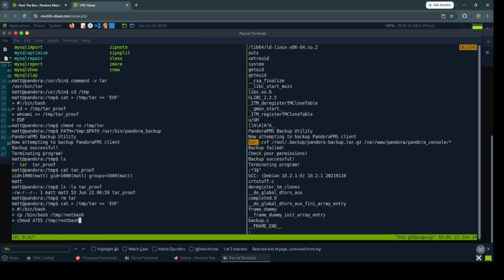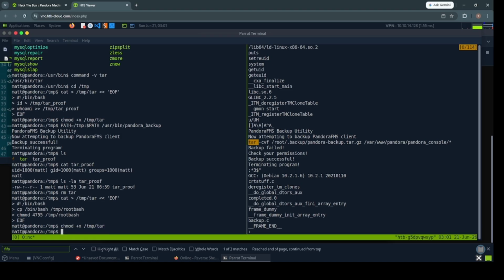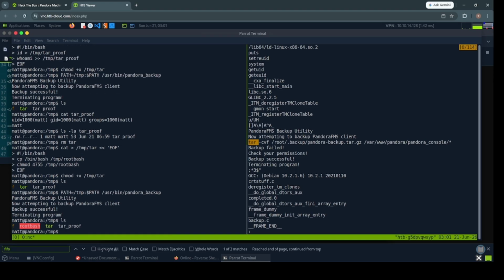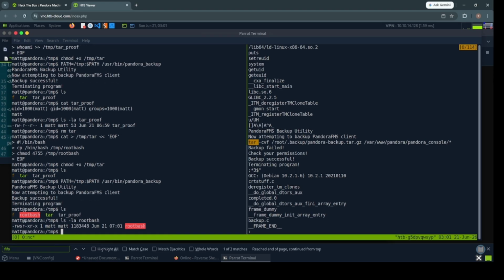Then EOF, and I think we can use it again. Backup successful, but it is still matt. So even if we run /tmp/rootbash, even if we do like this,